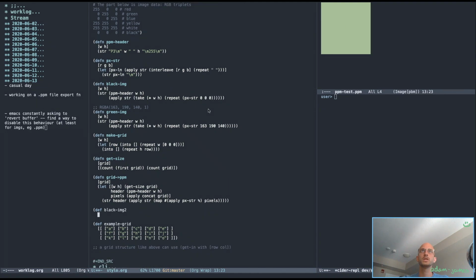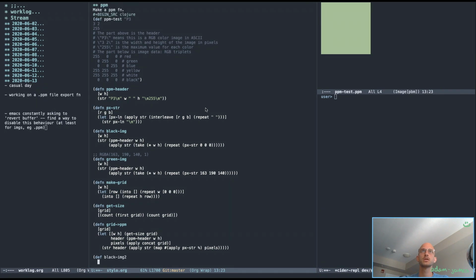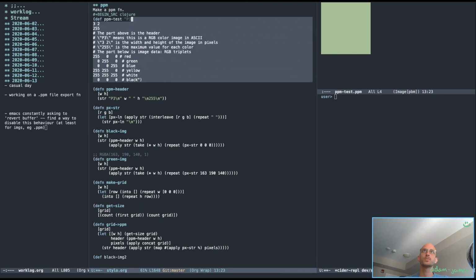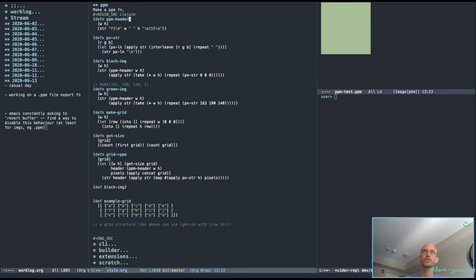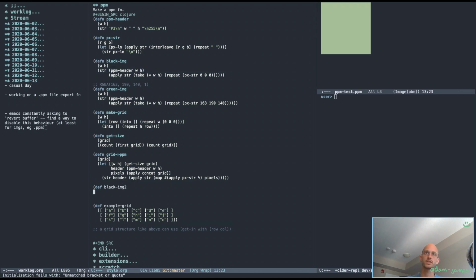I can get rid of this now, or forever, I don't need it. Pixel string, black image, the original one is just direct. This new one here is going to be,